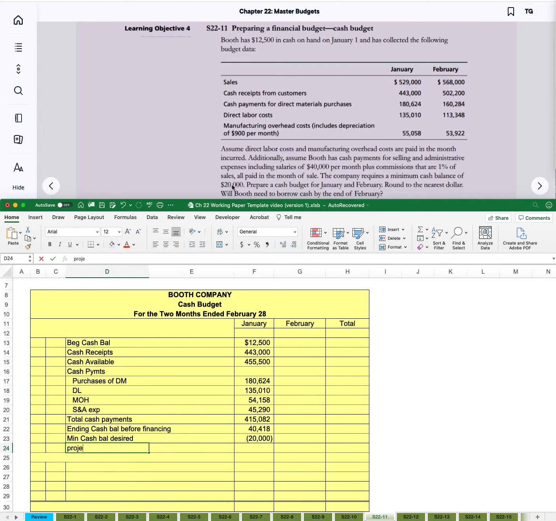And that's going to give us a projected cash excess or deficiency. And so because we list the minimum cash balance desired in the negative, we add these two cells together, the ending cash balance before financing, plus that negative 20,000 desired balance gives us 20,418. So then below that, we would list financing. We'd have borrowing, principal repayments,